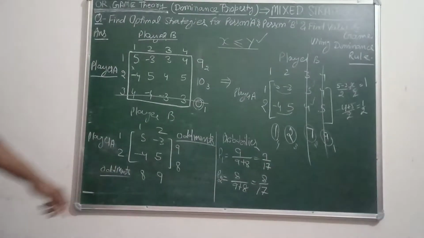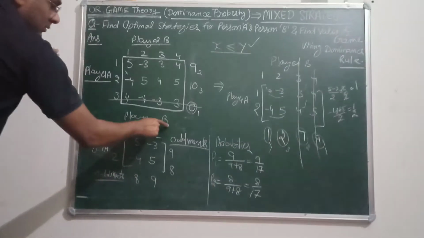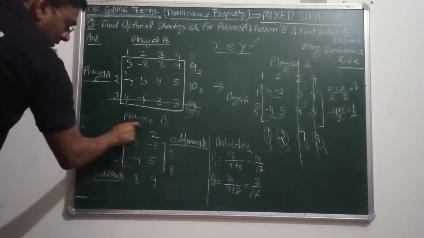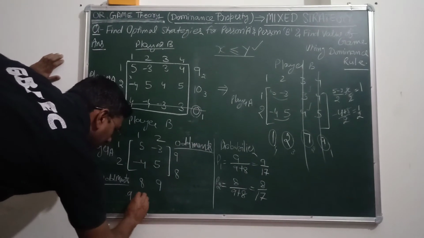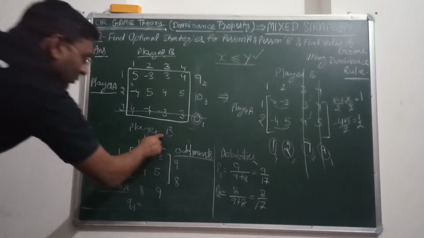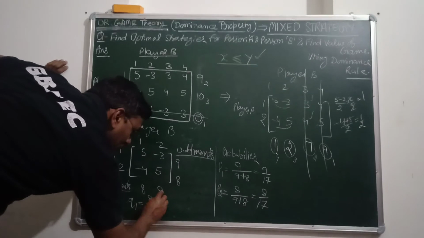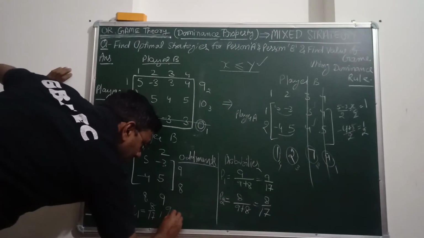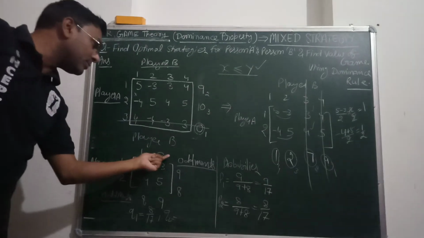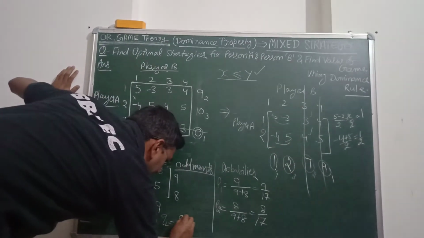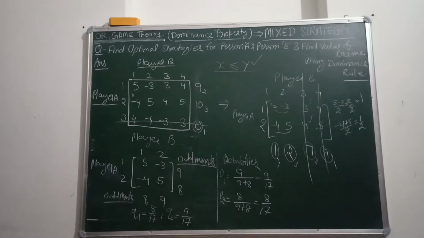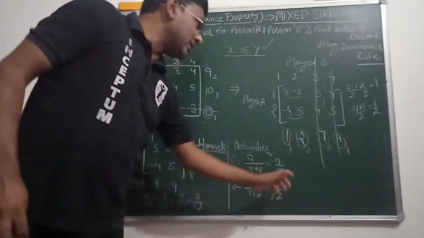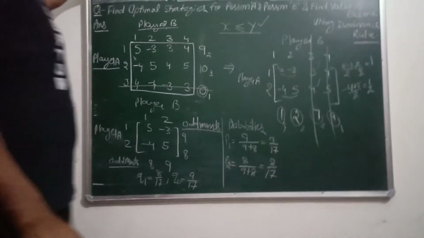And similarly we can find the probability for player B, how much probability of strategy 1 and 2 will be used by B. So that can be written as Q1, and Q1 is for strategy 1 for player B, that is 8 by the sum of oddments, that is 17, and similarly Q2, the probability of use of strategy 2 by player B, is 9, the value of oddment is 9 and the sum of oddments is 17. Okay, so we can now write the values of probabilities, but before that let us find the value of the game. Now I am erasing this, it is of no need now.